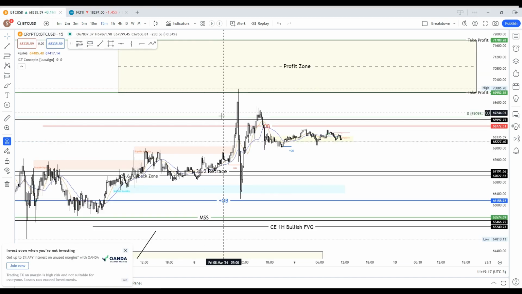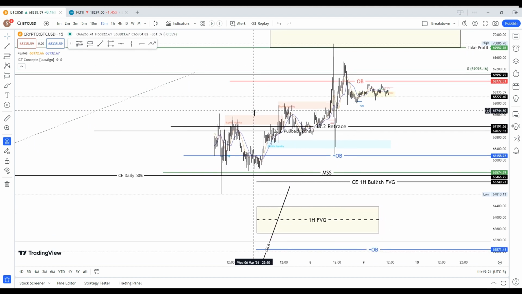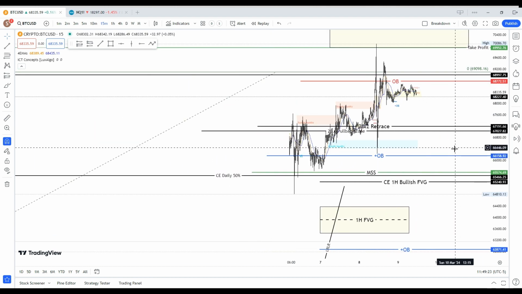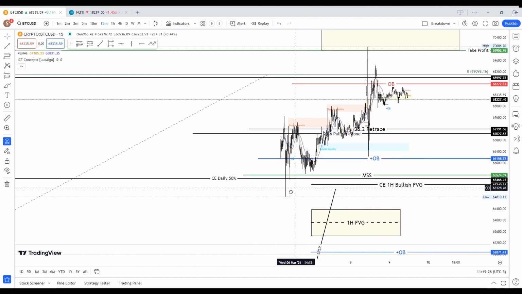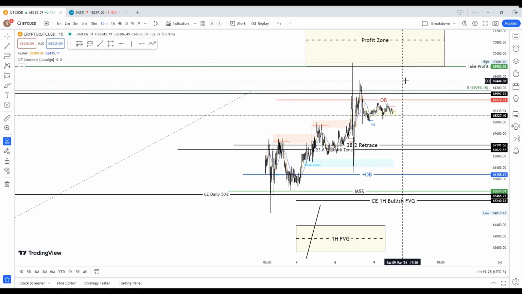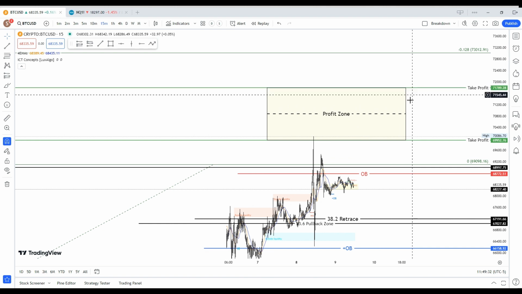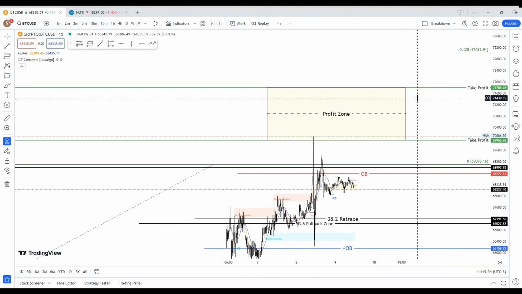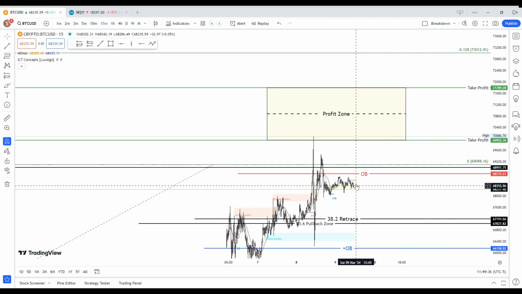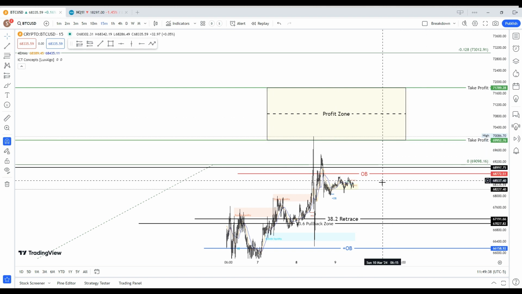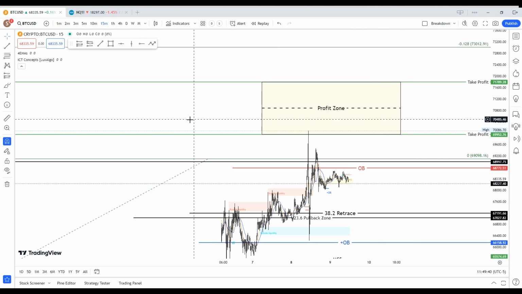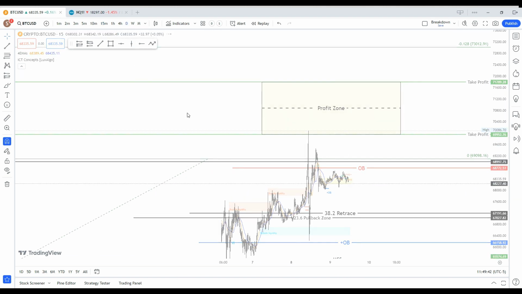As far as Bitcoin goes, it's still just kind of grinding in this range. We've called out some good trades on that already. It hit our profit target for the upside here. I would still expect, if the market continues to push, and seasonality and everything, I think this thing's still going to be going higher. Even when it did that massive pullback, I was expecting it to go higher.